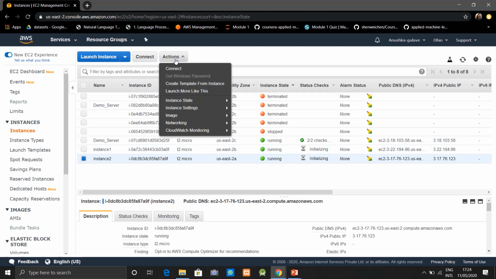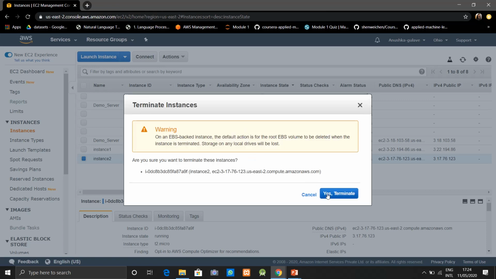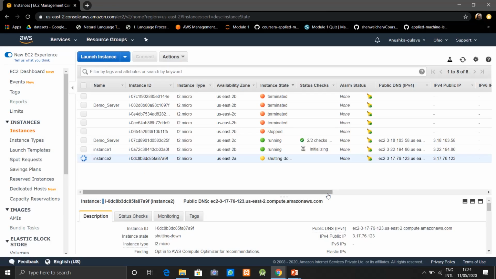So in Actions I'm going to terminate this. Yes, terminate. Wait for a few minutes to see the instance state is terminated.